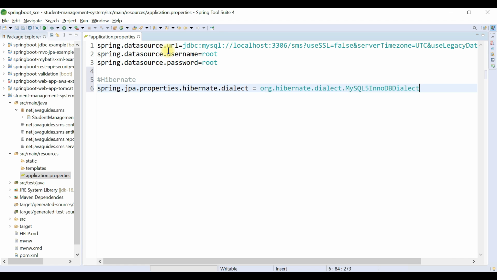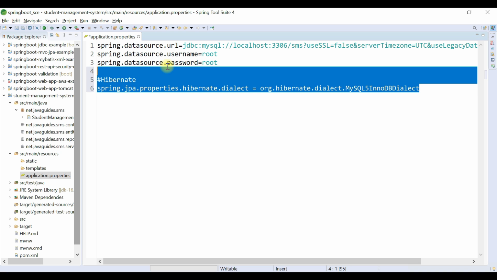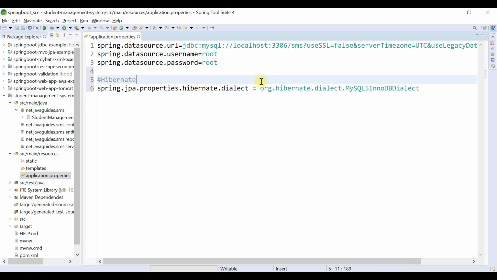So let me quickly add here spring.jpa.properties.hibernate.dialect, followed by the name of the dialect, that is MySQL5InnoDBDialect. Alright, great. Whenever you use a database with Hibernate, make sure that you add the Hibernate dialect for that particular database. In our case we are using MySQL database, so hence I have added the MySQL Hibernate dialect over here.